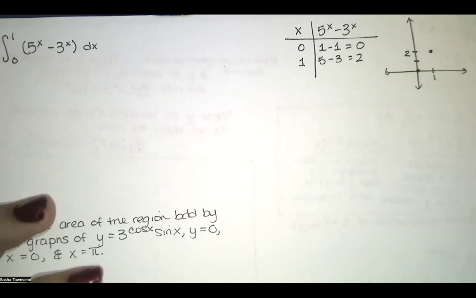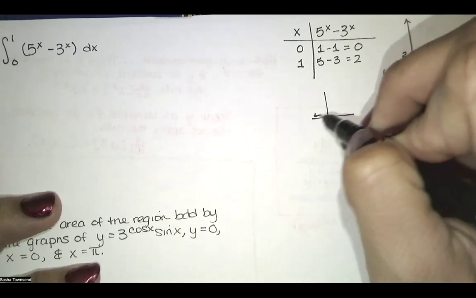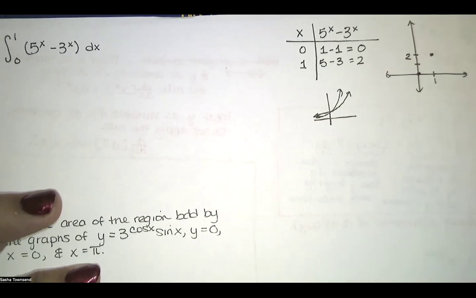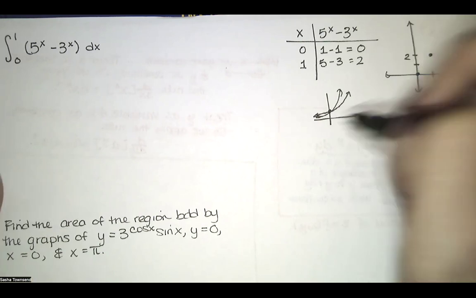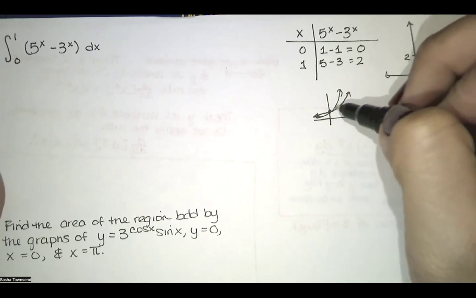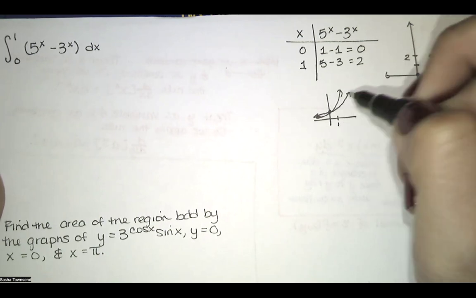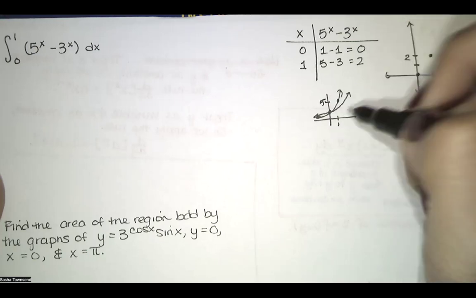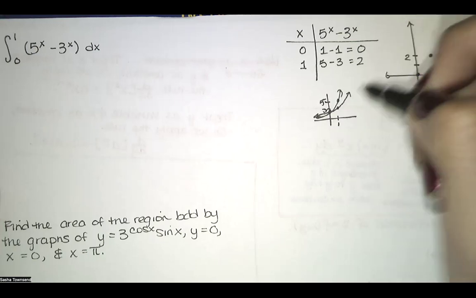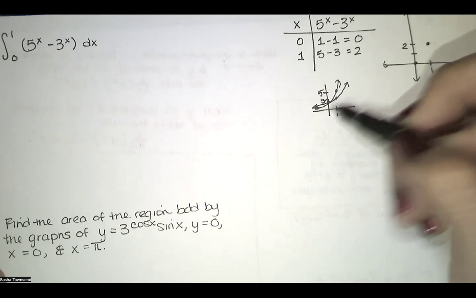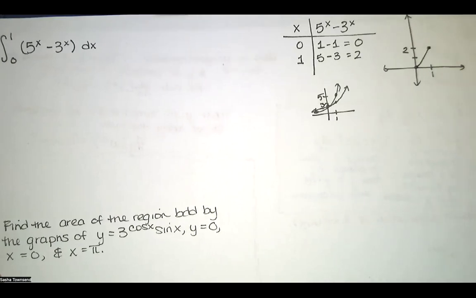Now I don't know what that graph looks like in between, but I know that I'm basically taking 2 curves. One of them that looks like this, and one of them that looks like this. They just have slightly different slopes. They both cross at x equals 0, y equals 1. And then the 5 to the x graph grows faster than the 3 to the x graph. When x equals 1 for this function, we'll have a 5. When x equals 1 for this function, we'll get a 3. But basically, you're taking the difference of those 2 functions. So I'm thinking that when I take the difference of those, it should look roughly like that. I don't know what the rest of the graph looks like, but